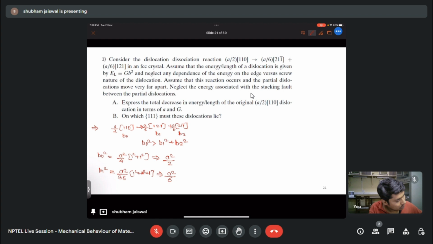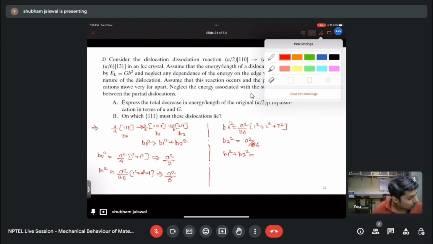And here b2 square will be a square by 36 times (1 square plus 2 square plus 1 bar square), and this b2 square will also be a square by 36. And if we do the addition b1 square plus b2 square, it comes out to be, sorry, this is just 6, sorry for the mistake,